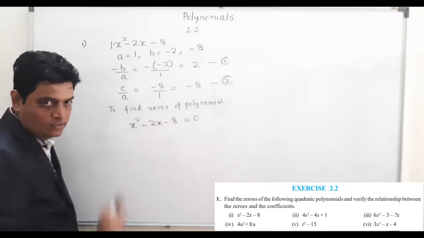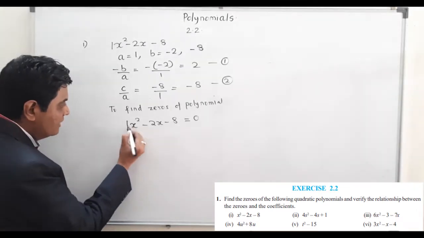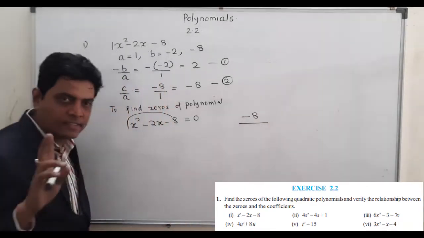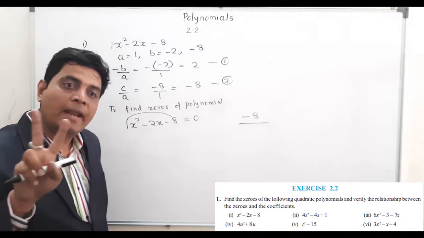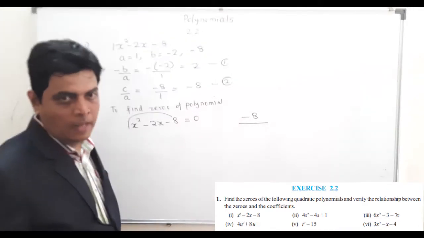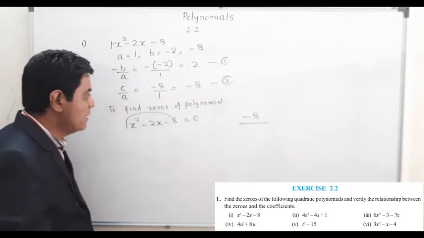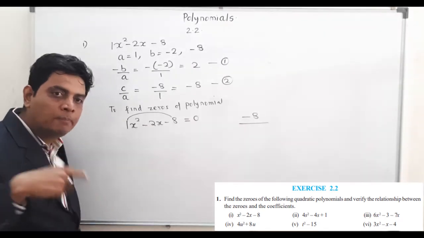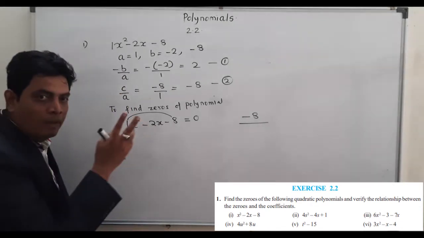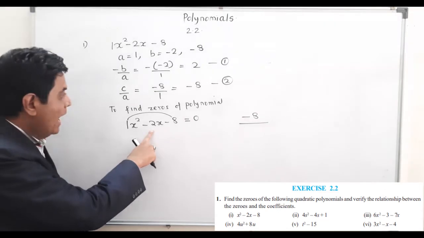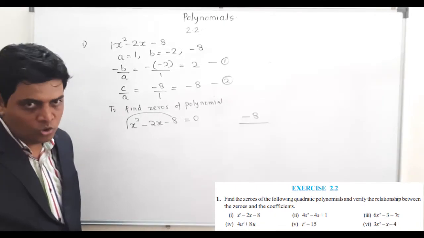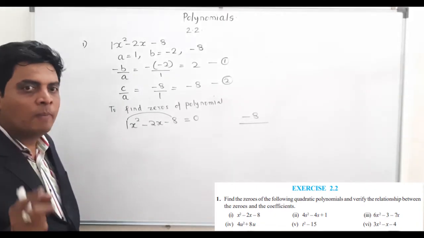Now I have to factorize this. What is the rule? You multiply the first term with the last term. The answer is minus 8. When my answer is minus, I have to subtract two numbers. Remember, whenever my answer is plus, I have to add two numbers. Now I have to subtract two numbers to get 2 and multiply those two numbers to get 8. So what will be those two numbers? If I subtract both of them, I should get 2, and if I multiply both of them, I should get 8. So it is 4 and 2. 4 multiplied by 2 is 8 and 4 minus 2 is 2.